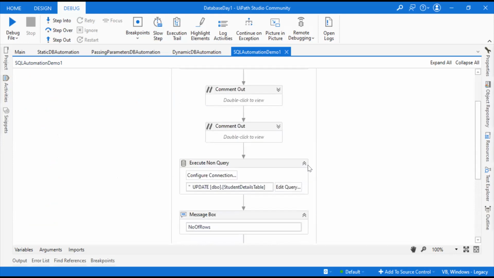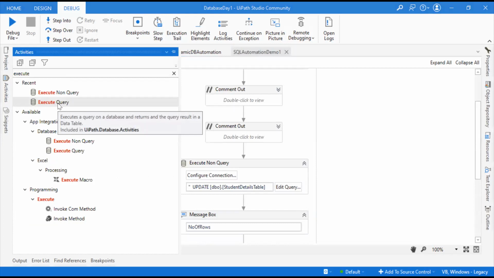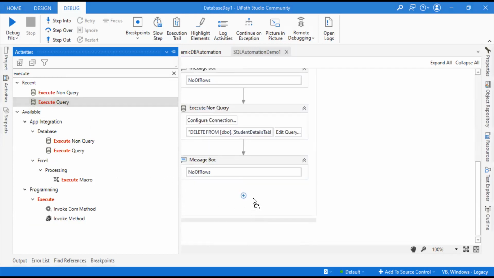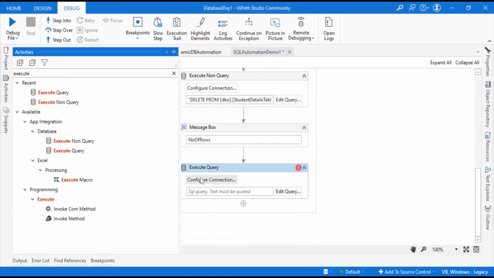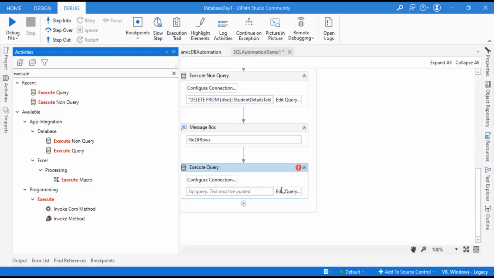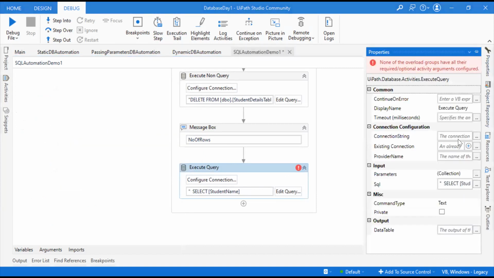Okay, so for that we have an activity called execute query. Till now we were just using execute non-query in order to perform all the actions: insertion, updation, and deletion. But for selection we should have execute query. So let's pull that here and do just the same thing. By this time you would have understood what exactly we have to do here. Just providing the value, say okay, and then